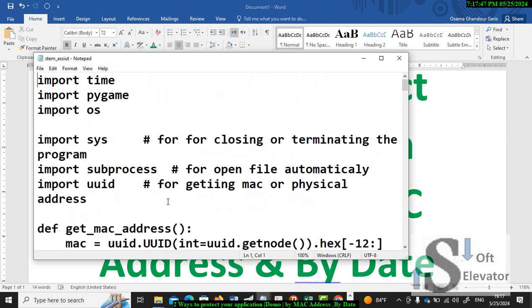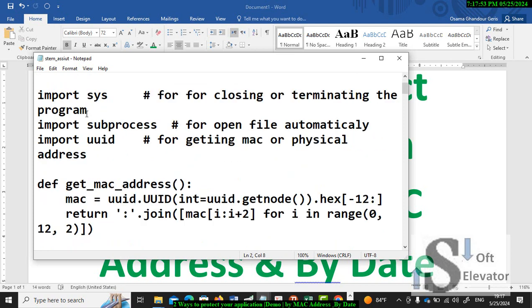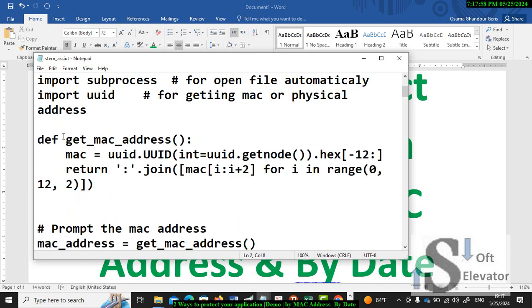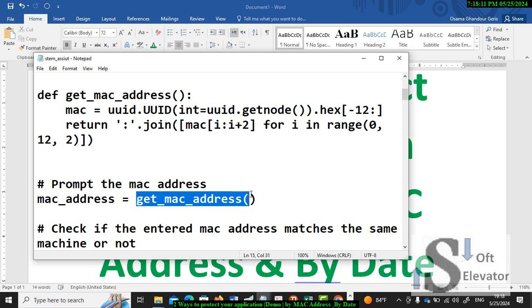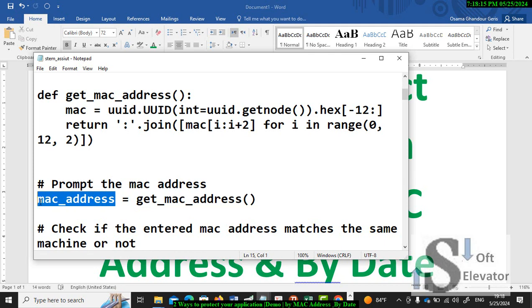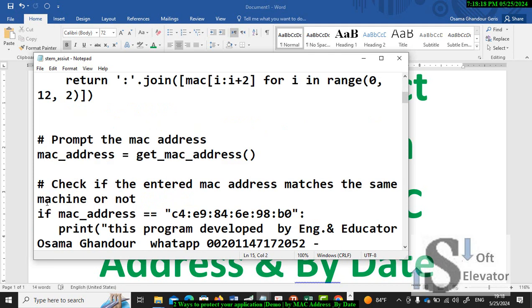Using this function, we should import the library, and then define the function get MAC address, and write this code. Then put the output of the get MAC address function in the variable MAC address, and then check this